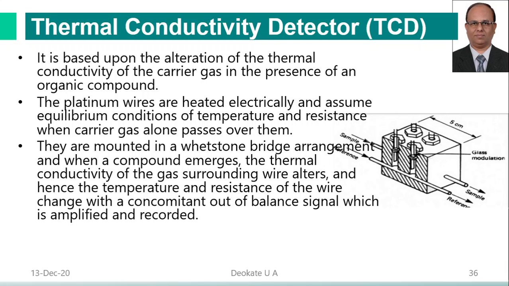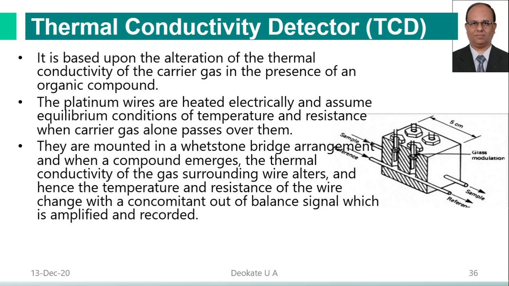Two cells are used for the sample and two cells are used for the references. They are mounted in a Wheatstone bridge arrangement, and when a compound emerges, the thermal conductivity of the gas surrounding the wire alters, and hence the temperature and resistance of the wire changes, with a concomitant out-of-balance signal which is amplified